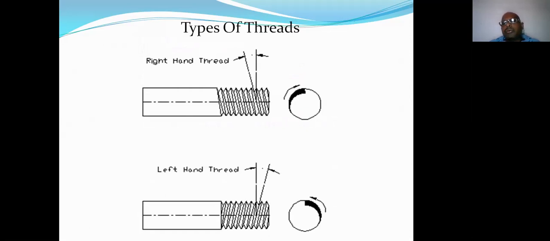So threads are of two different types. One is the right hand thread and the second one is the left hand thread. What is the right hand thread and what is the left hand thread? There is a very simple difference between the right hand thread and left hand thread. If that particular nut or the screw moves